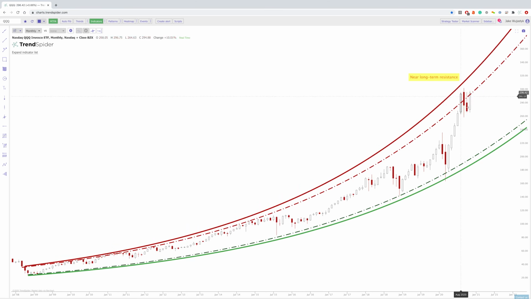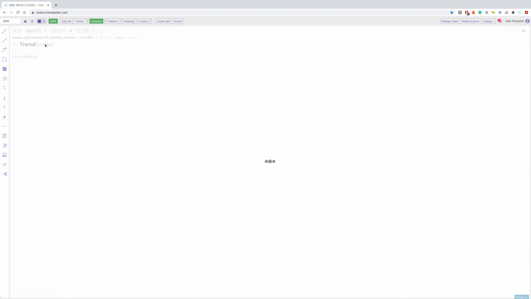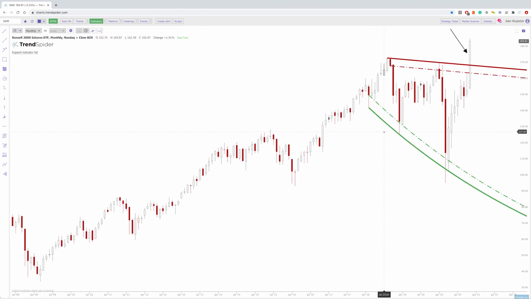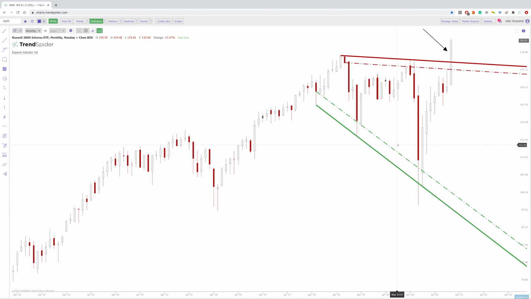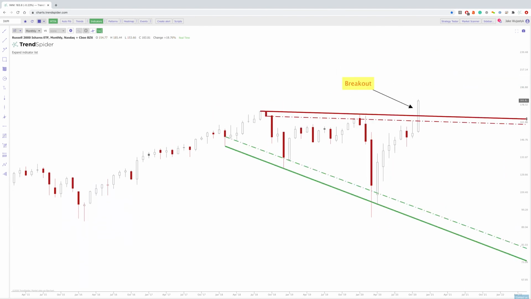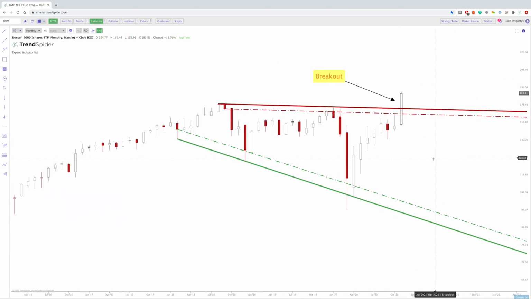Looks like we're flagging a little bit here. And that's actually pretty common across a lot of the FANG stocks we'll go over. IWM, you can see here that we did break out of this longer-term broadening formation. So in my opinion, which doesn't really matter much, the market really is the only thing that really matters in price action. But the fact that we did break out of this longer-term level of resistance on IWM tells me